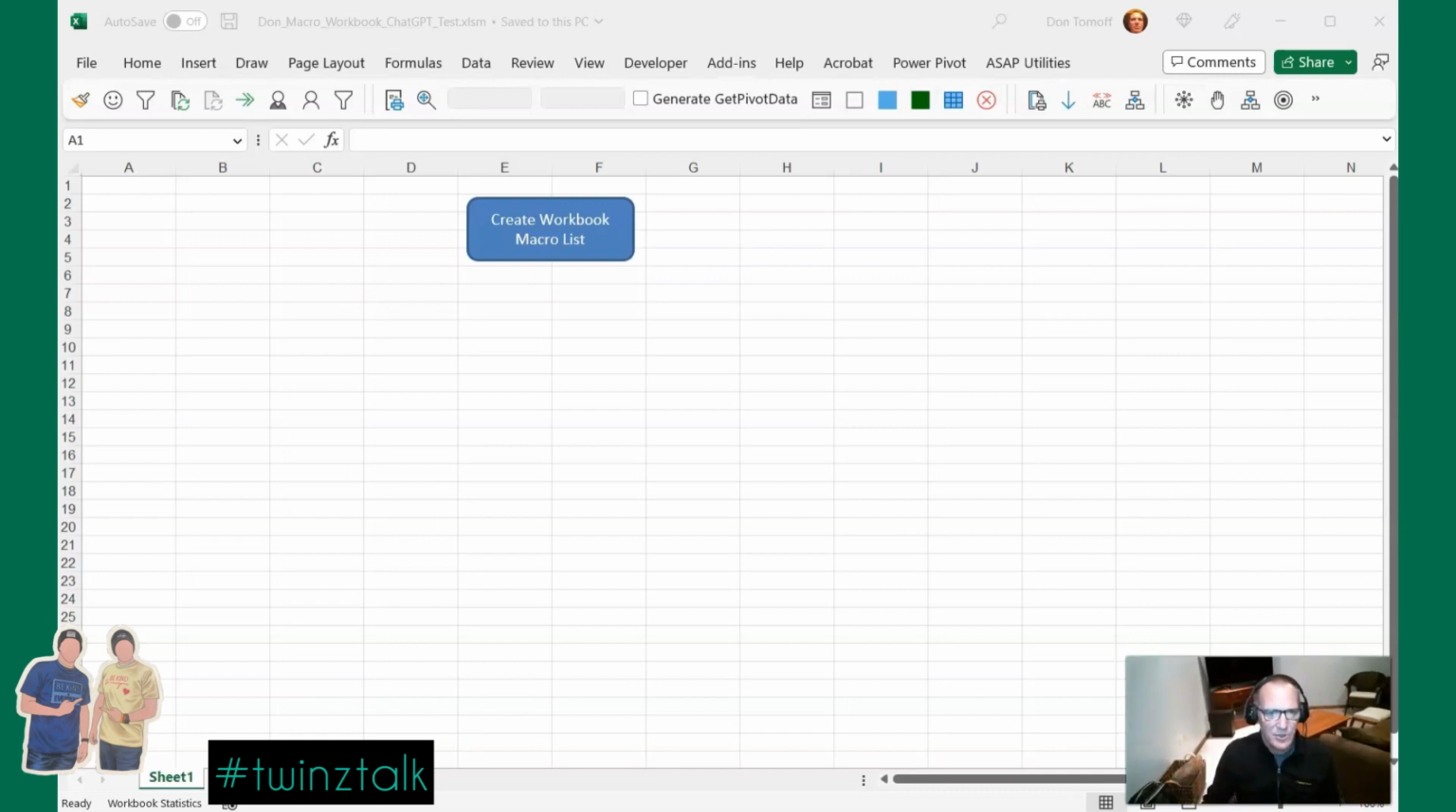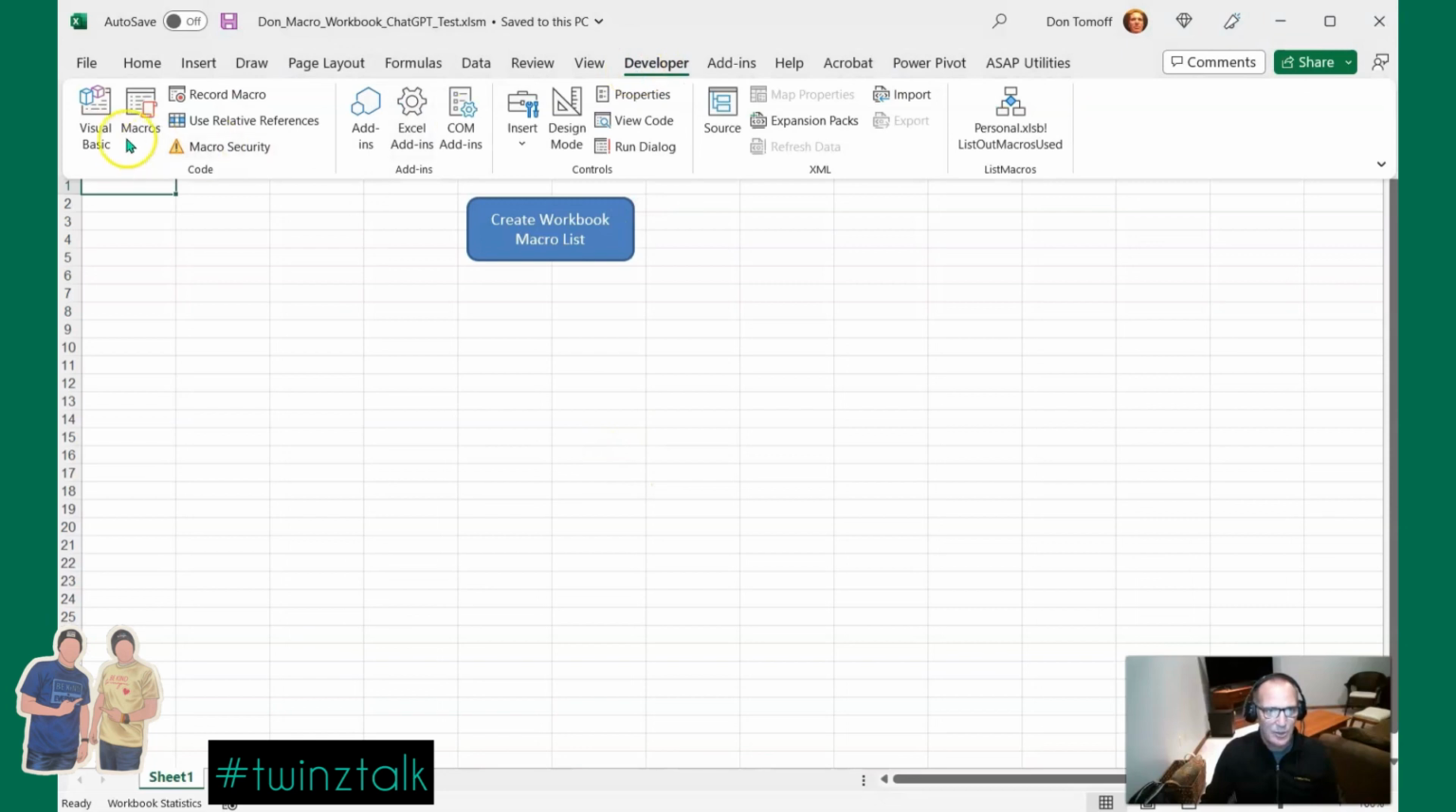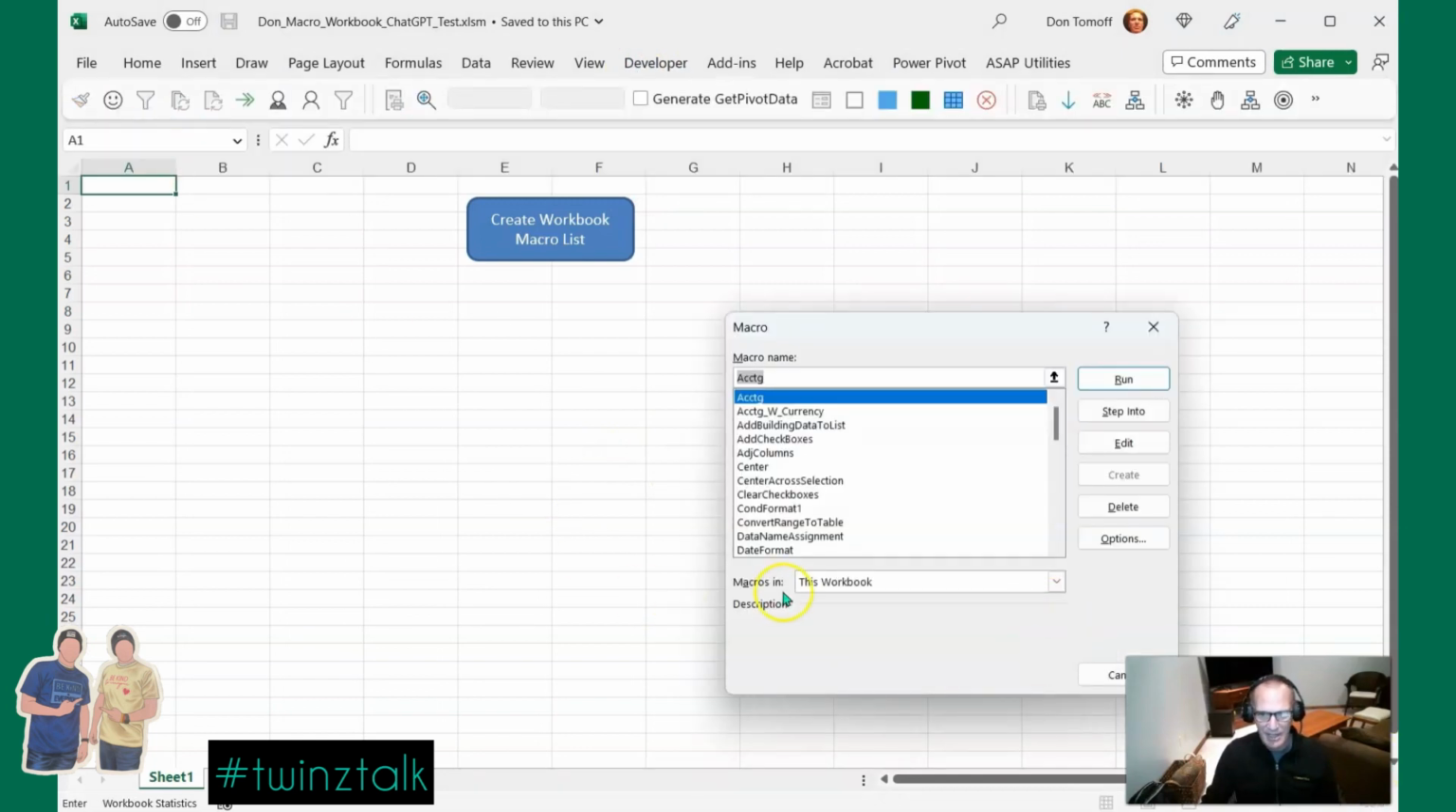Let me just show you. So this is just a blank workbook called Don Macro Workbook, and it's a macro enabled file, XLSM, and it's got a bunch of macros in it. And I'm just going to show you what these macros are. You can see I have this workbook, and there's just all these macros, and basically they're available to me whenever I'm working in Excel because they're in my personal macro workbook, which is an active workbook that enables me to use these macros across all my